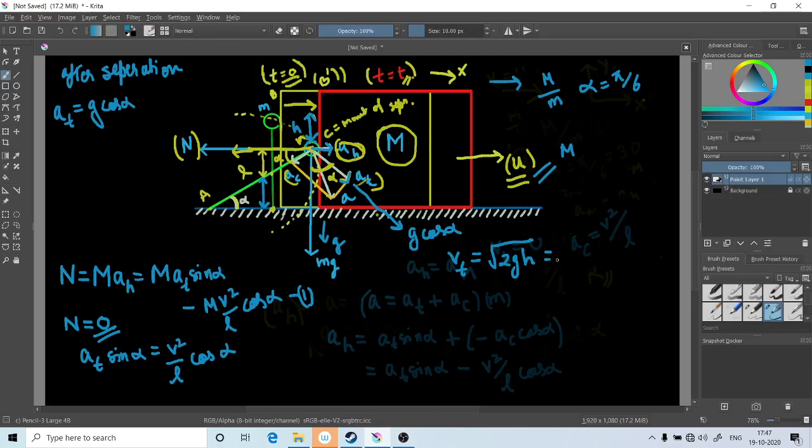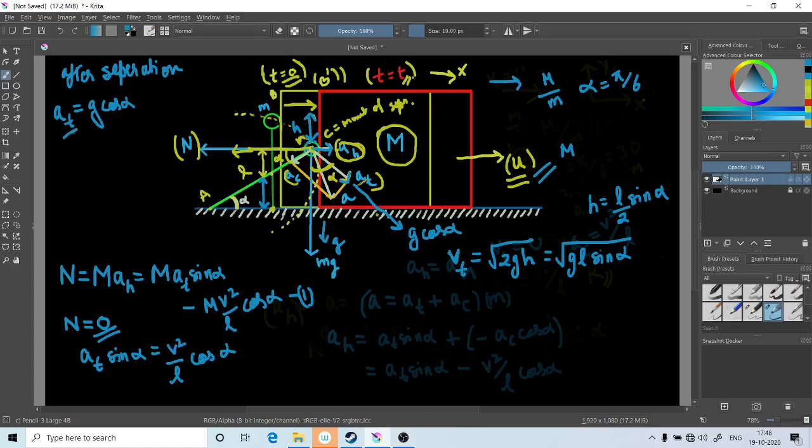It is the same, which gives us gl sine alpha, h being l by 2 sine alpha. So we have our velocity,